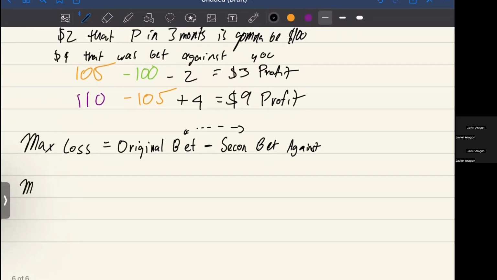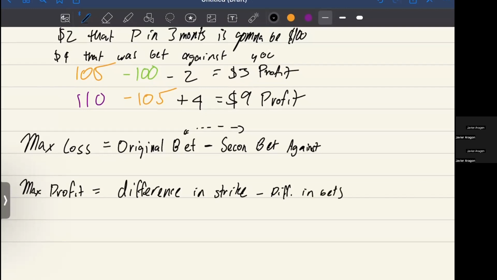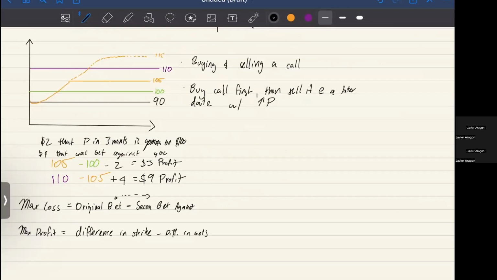And the max profit is the difference in strikes, minus this is called the net premium. So I'm just gonna put difference in bets because we're calling the premiums bets. So how can you lose money on this? So say for example